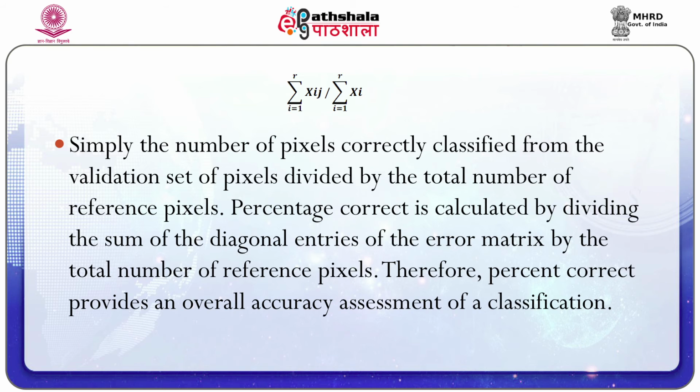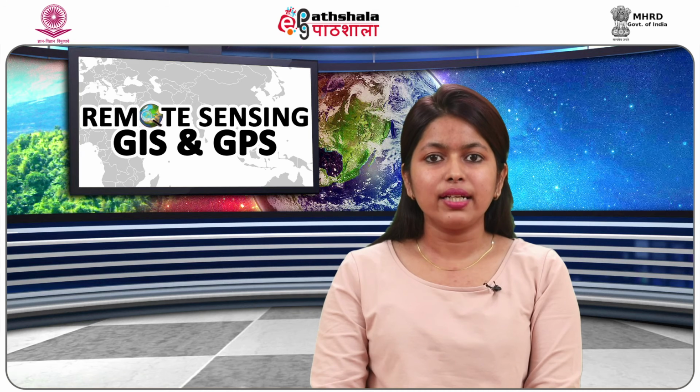Therefore, percent correct provides an overall accuracy assessment of the classification. However, if minimum classification accuracy is required, it is necessary to verify that the calculated percent correct for the overall classification does indeed exceed the predetermined minimum classification accuracy with the same level of confidence. To assure a minimum overall accuracy, a one-tail lower confidence limit at a specific level of confidence must exceed the minimum accuracy standard. For example, the lower confidence limit of a one-tail binomial distribution at a 95% confidence level